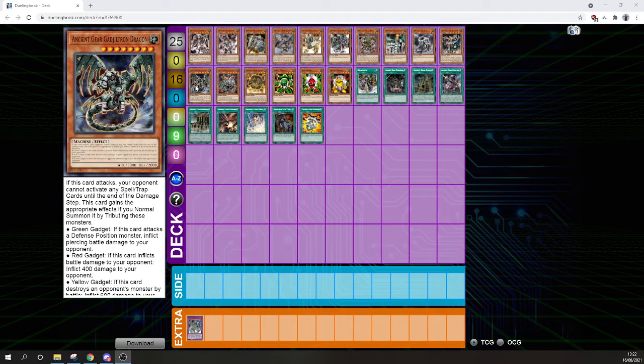And Breaker is definitely not the only option. Something that was popular in TCG is Magical Hats. And if you use Magical Hats with 2 Gear Towns, you could bring out 2 Gadgetron Dragons, so...